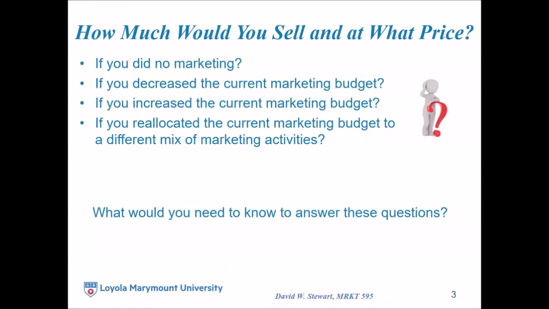The extreme example is to stop marketing. More often than not, what a firm will do is simply say, I wonder how much we could decrease our budget, and then see what happens. So if we were to decrease the frequency of our advertising from 500 GRPs this week to 400 GRPs, and there's a cost difference there, then what would happen?